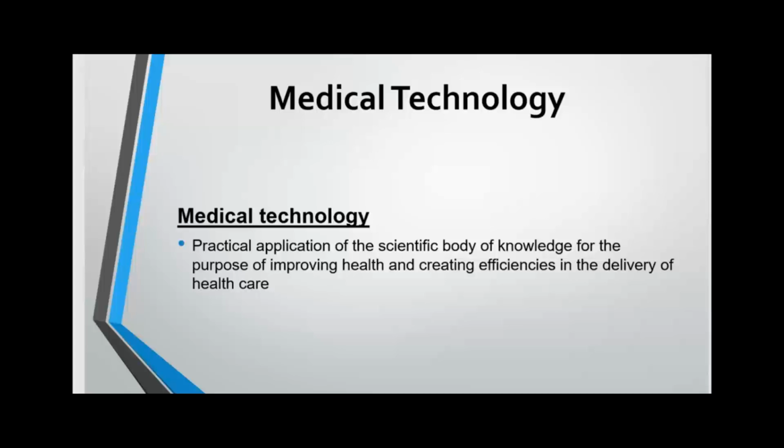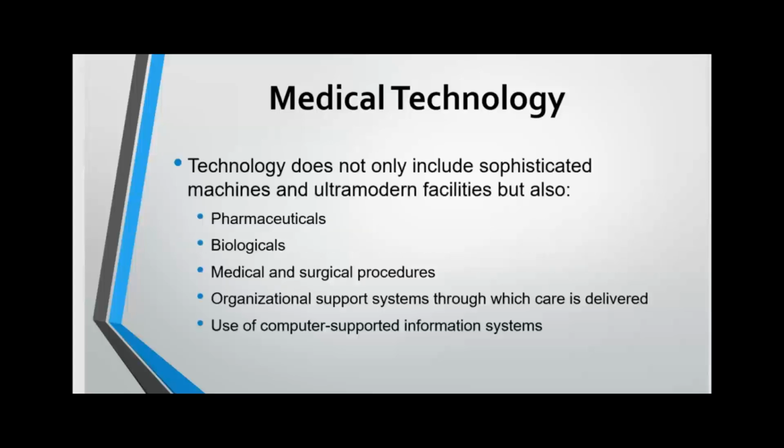Nanomedicine is a new era still in its infancy, which involves the application of nanotechnology for medical use and the application of technologies to improve the structural elements of healthcare delivery. So this would include information systems, facilities and settings, and organizational arrangements. So let's see the next